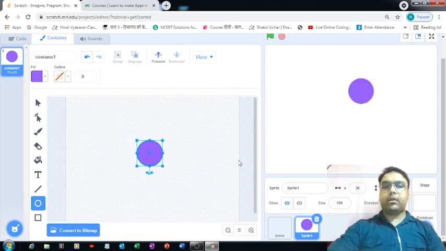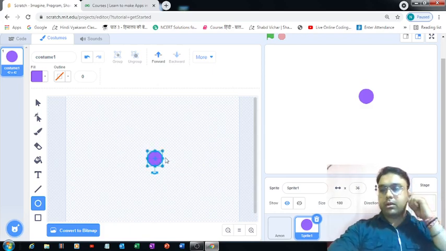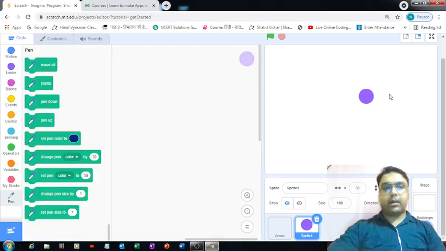It's blue in color, that is perfectly fine. Just reducing its size so that it can look good on this playground. Okay, now I would like to see this somewhere over here. Perfectly fine. Let's define the code for this blue sprite.